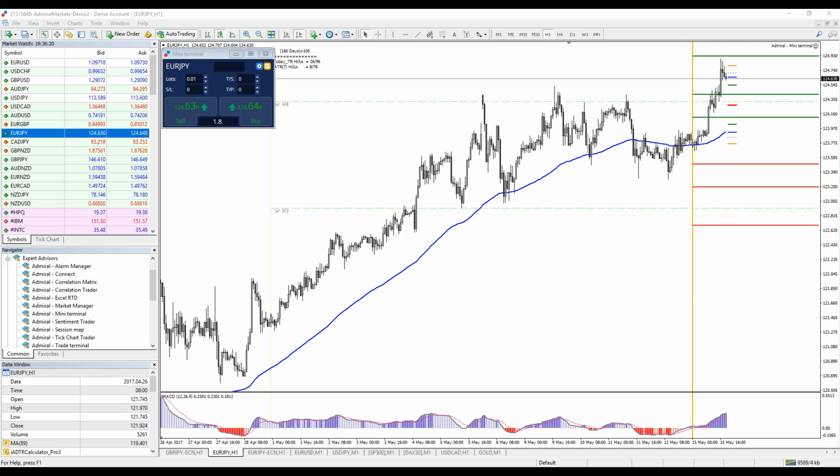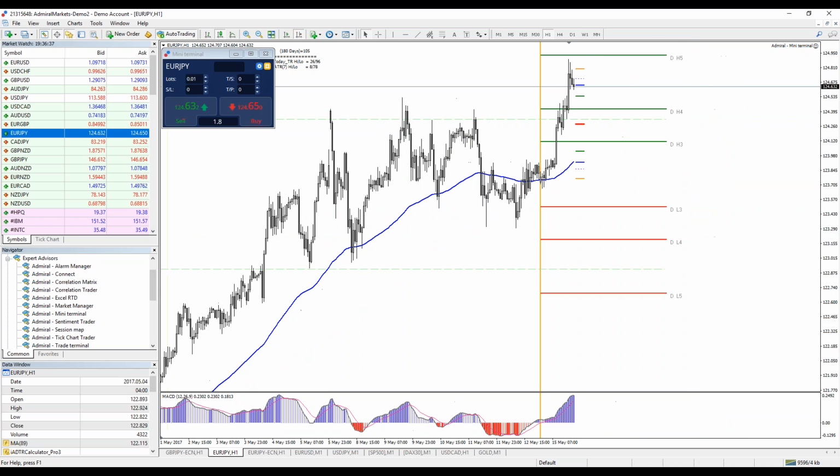So always pay attention to those sweet numbers. Those are called rounded numbers, and those are numbers where price tends to react. Banks like it, institutional traders like it, hedge fund traders like it. Why wouldn't you like it? So here, Euro Yen